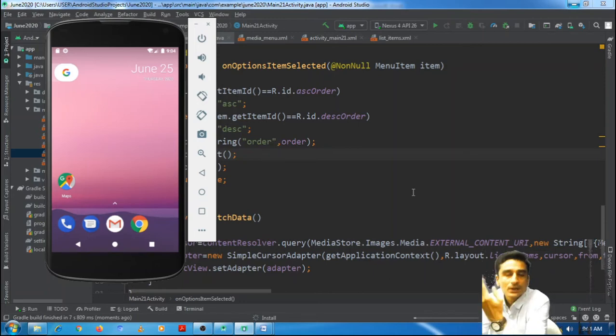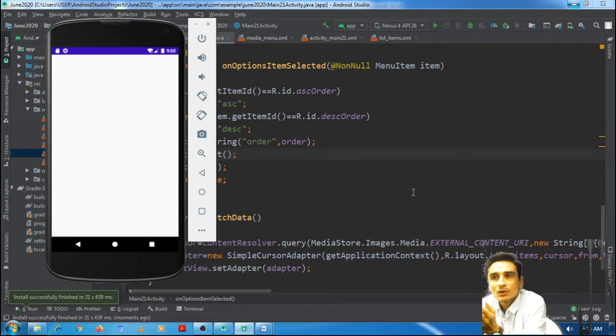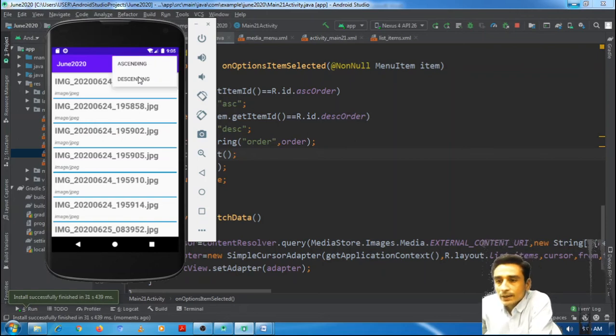Shared preference is used to store small data, or data for settings or client's preferences. Right now, see, by default it is showing the list in ascending order, and let me change it to descending. So that 5 number image comes to the top. Now I will exit from the activity.